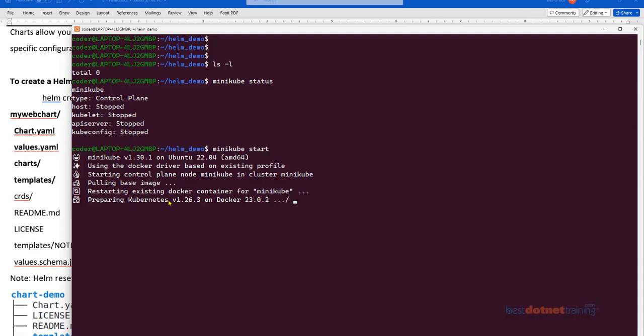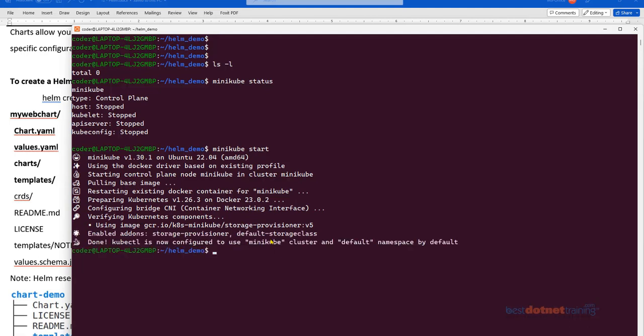There you go. It is trying to set up Kubernetes 1.26.3 cluster, and it is using Docker as its container engine. It doesn't matter, right? The way Kubernetes has been written, the container engine is something which is replaceable. So okay, it says kubectl is now configured, and the default namespace is default.